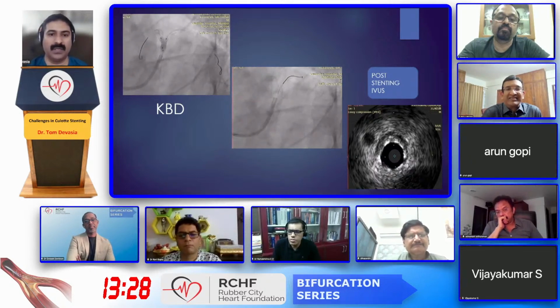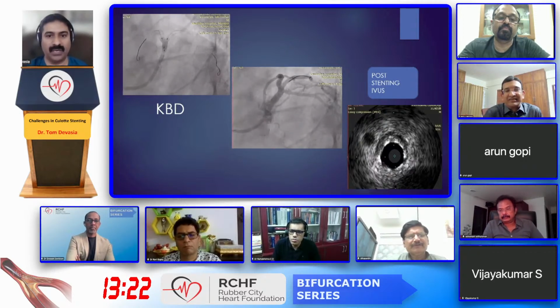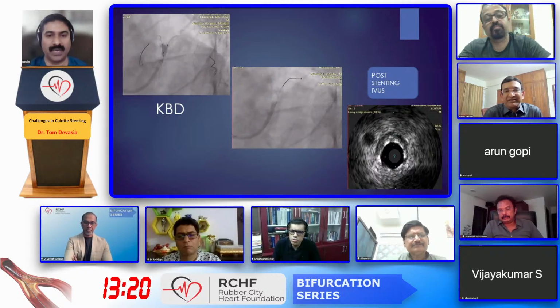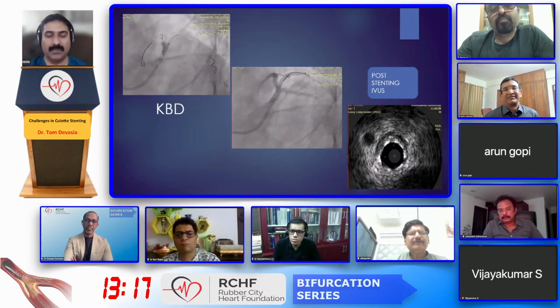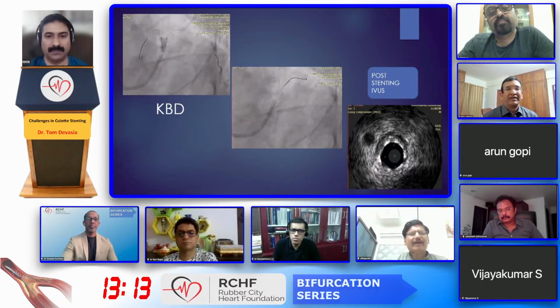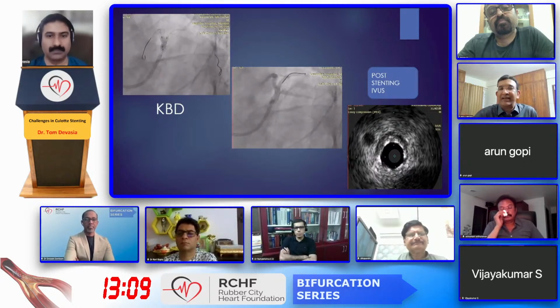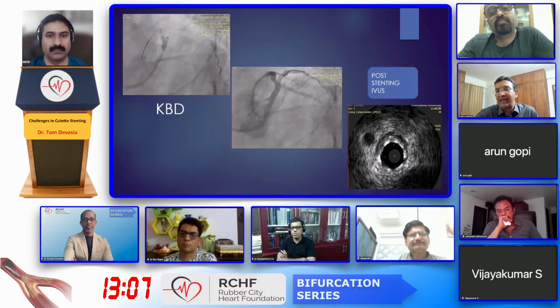It is the LED after the takeoff of the diagonal. So whether we send from left main to LED or LED ostium, it is not going to make any difference. And I did a 22 millimeter atmosphere dilatation, and that's what we could achieve, and we accept it. I think it's okay for this case, Tom, but generally, I think when you have this large diagonal arising